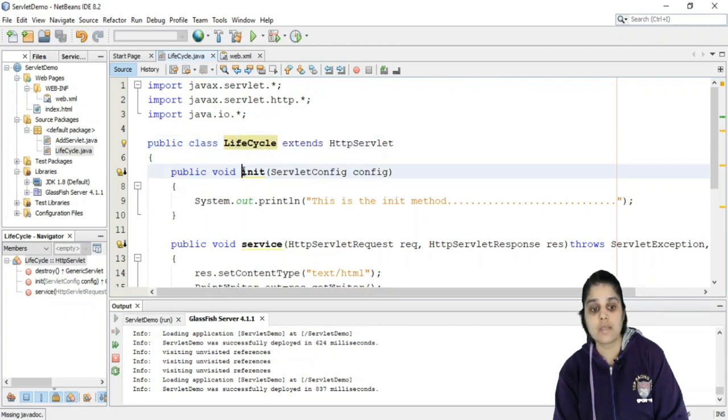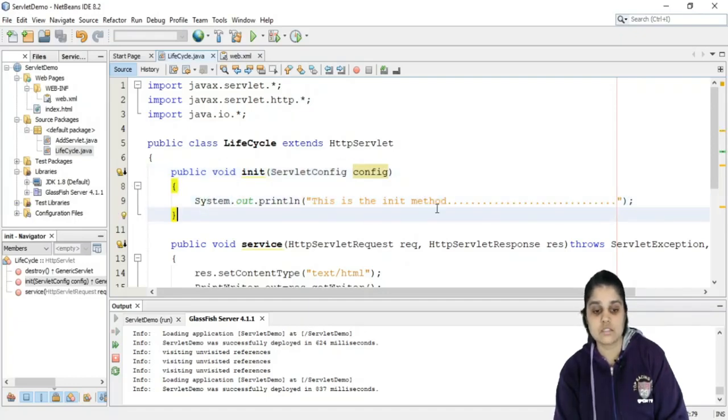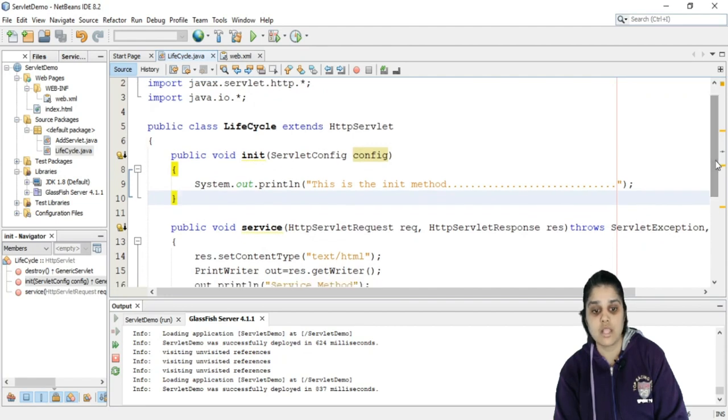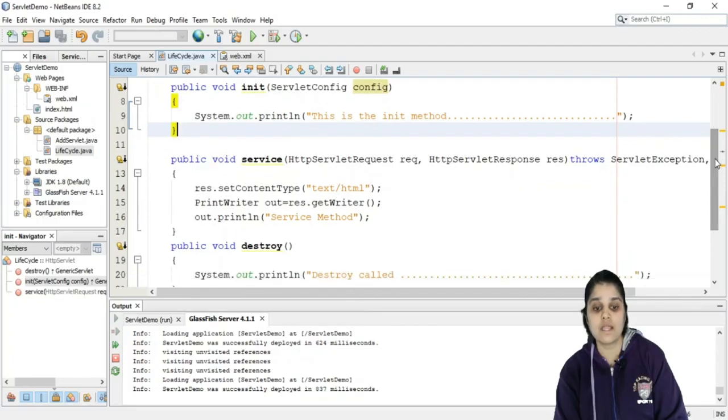Next, Tomcat will call the init method, and it is going to give all the configuration parameters via this object to the servlet. Now this system.out.println statement will be printed in the console, and next the service method will be called by default.